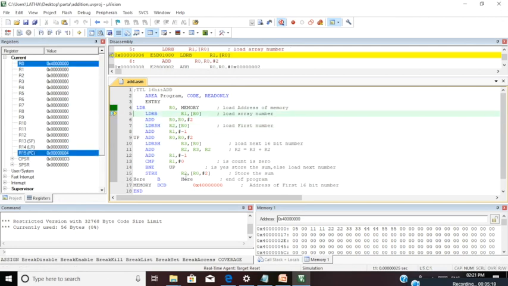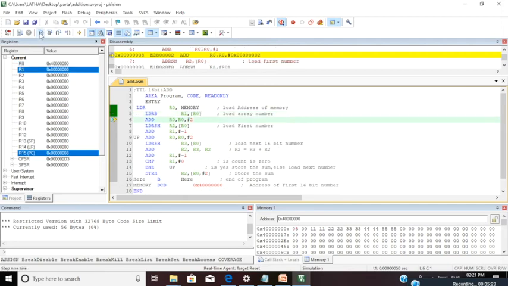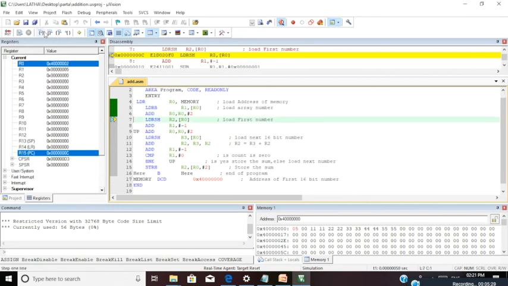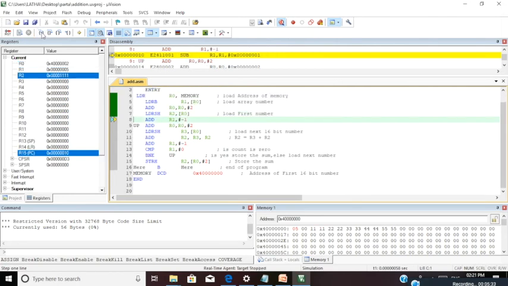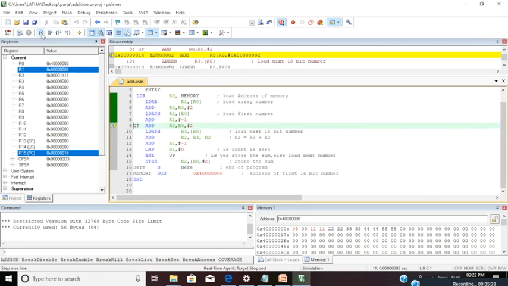First, as you can see, R0 is loaded with the starting address of the memory location. Now go to the next step. R1 is loaded with the count value, that is 05. Then it will go back to the original address of R0 and increment it by 2, so that R2 is loaded with the value 1111. Then it will decrement the value of R1.